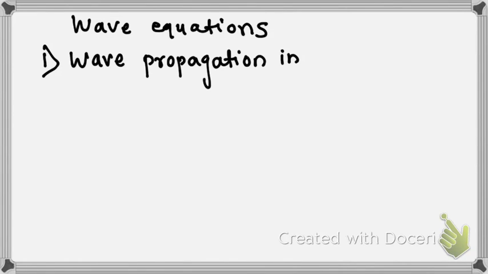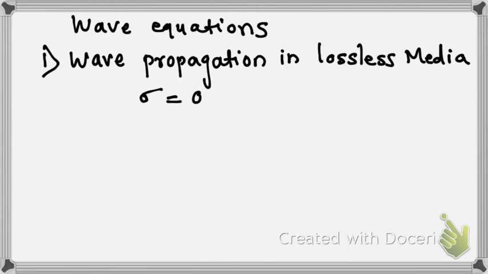in a lossless medium. For this lossless medium, lossless means there will not be any loss of the amplitude of the electric field or magnetic field, no loss of the frequency, no distortion will occur. So, this kind of medium is called a lossless medium. A medium is called lossless when sigma is equal to 0.